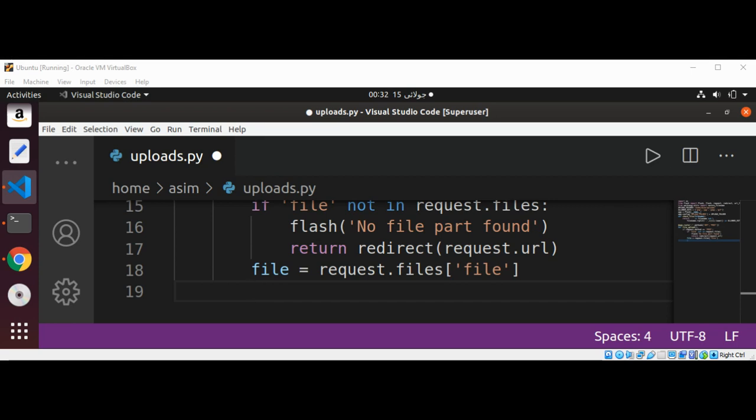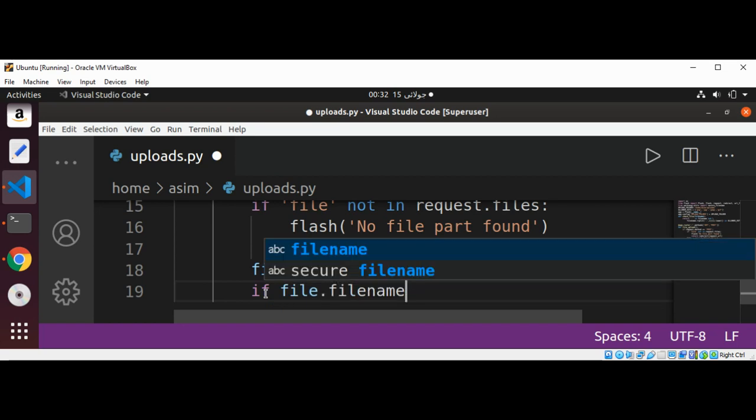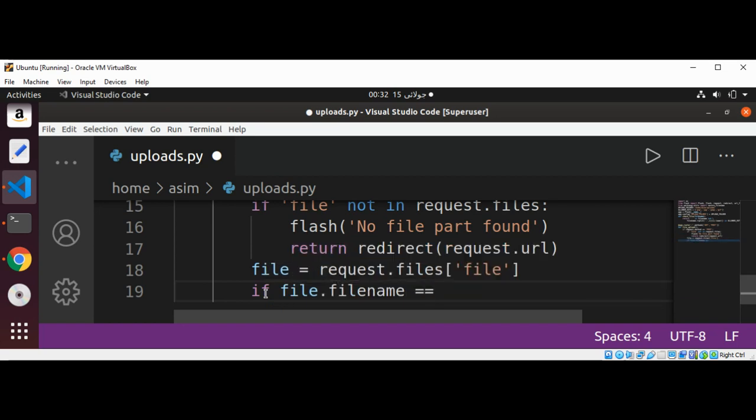So we need to check that. We are going to do that by using if file dot file name is empty,